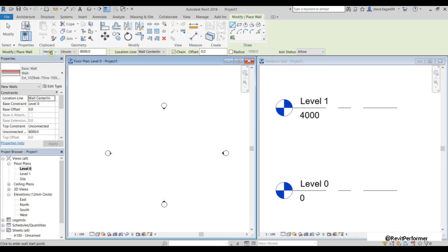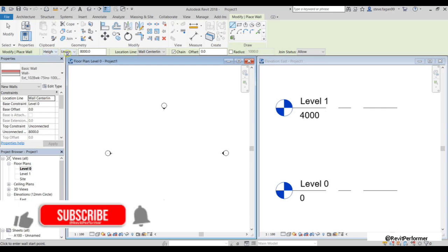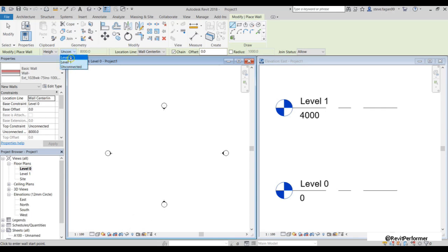Next, once we've specified that, we're going to use height. We'll then select the next option, which is where we want to constrain it to. So we're currently on level 0. So our next level is level 1.